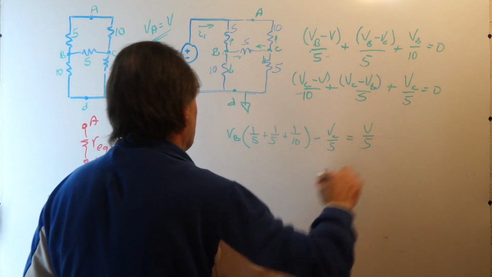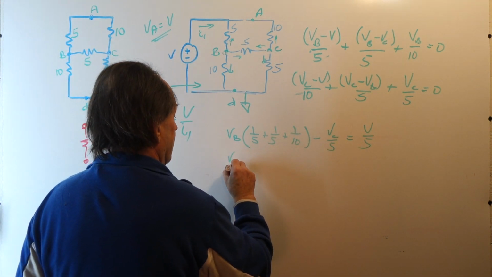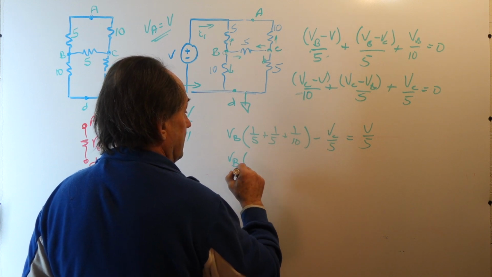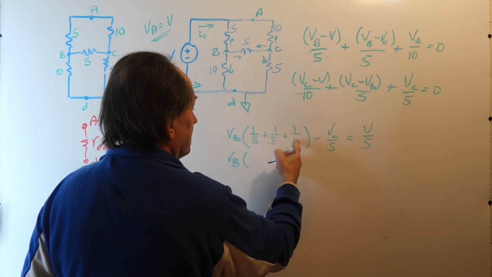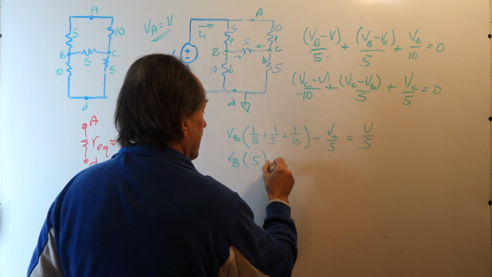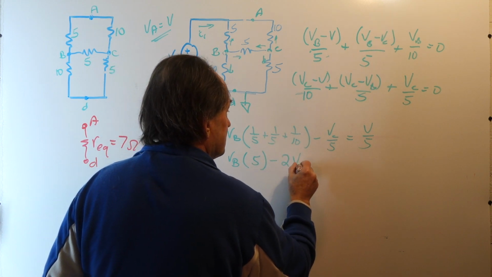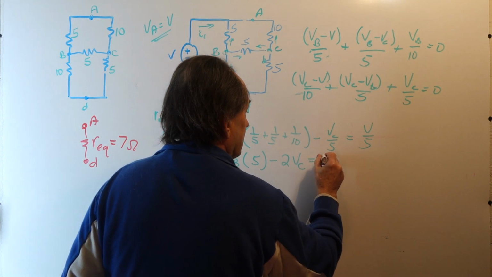I can multiply through by 10, so I have VB times 2 plus 2 plus 1, or 5, minus 2 VC equals